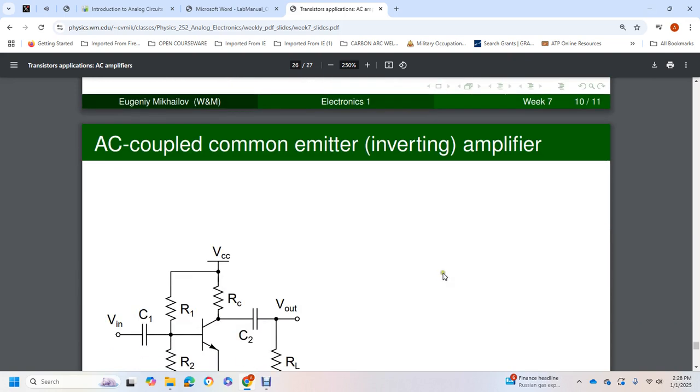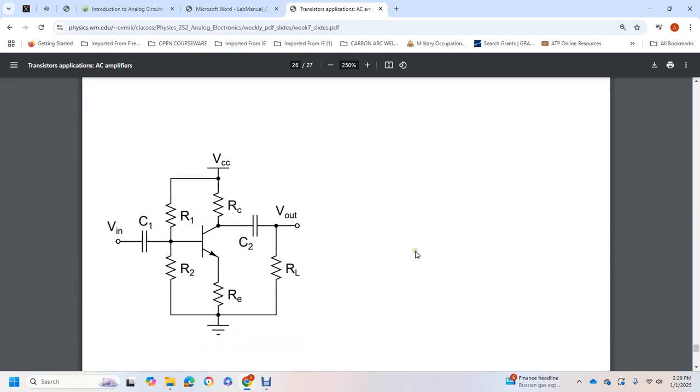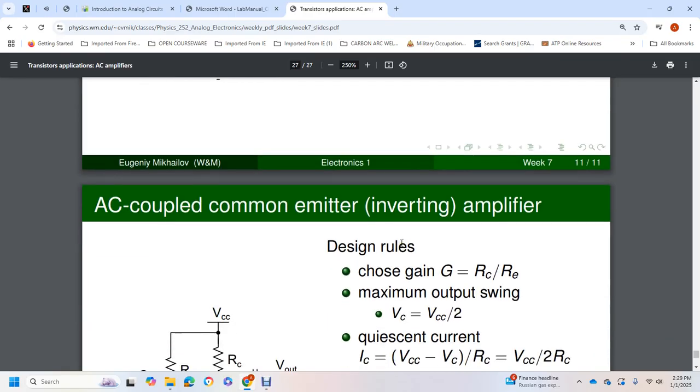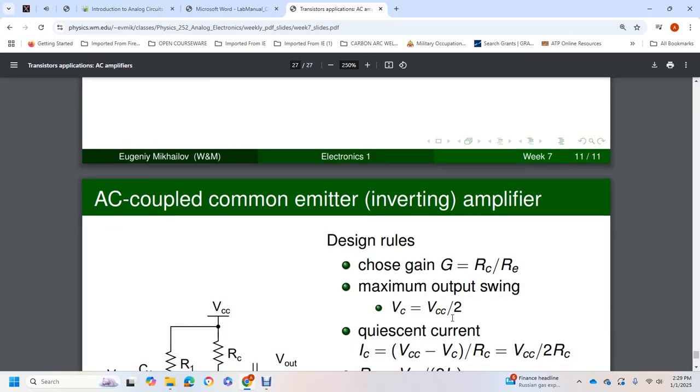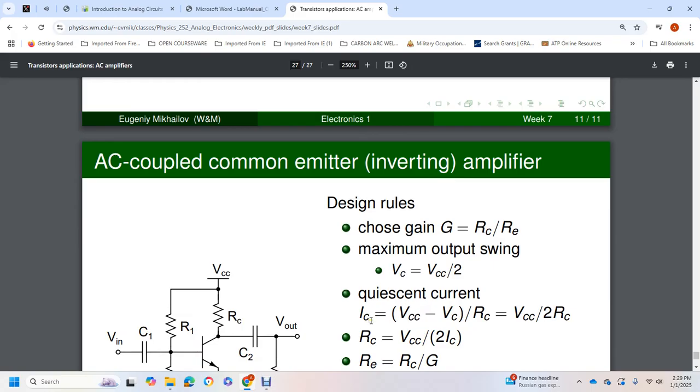AC common emitter inverter amplifier design. The chosen gain is equal to the collector resistor over the emitter resistor. For the maximum output, the quiescent collector voltage is equal to the supply voltage divided by 2. The quiescent collector current is equal to the supply voltage minus the collector voltage